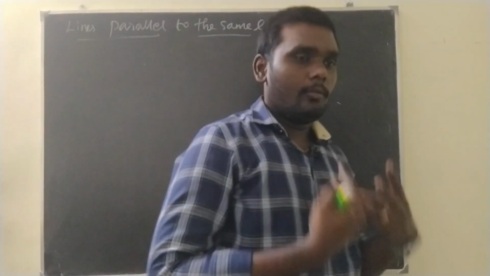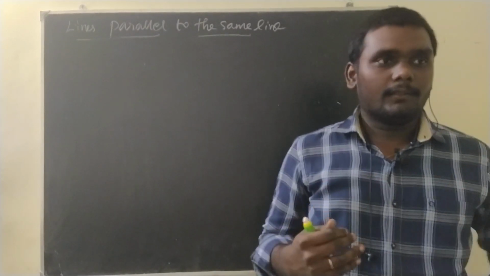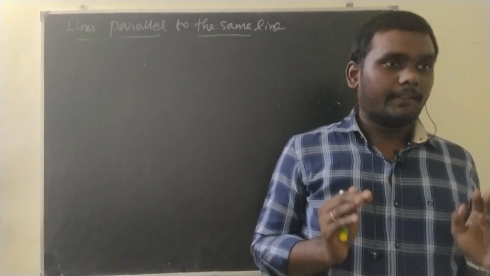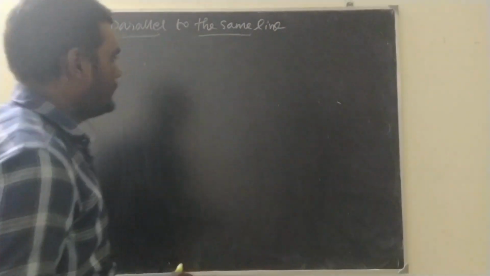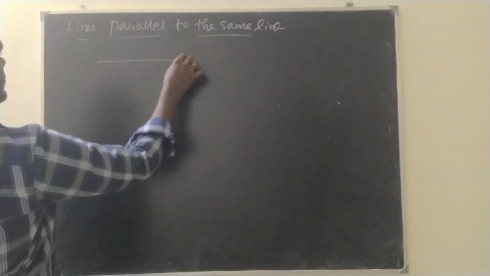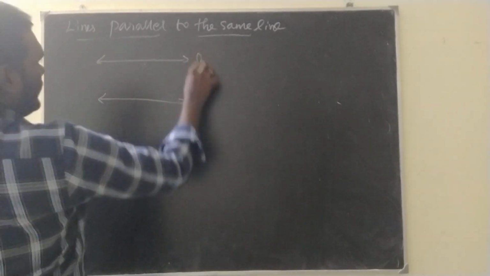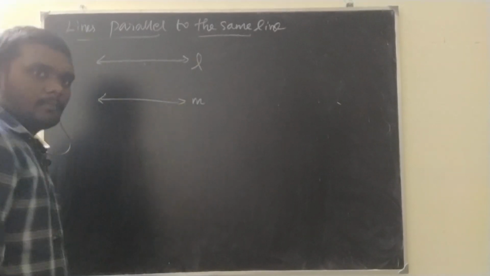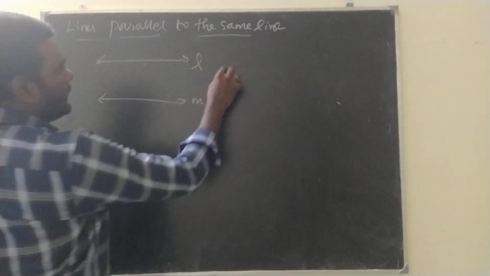When can we say two lines are parallel? If the two lines have no common points, we can say those two lines are parallel. Say L and M. So we know that L is parallel to M,